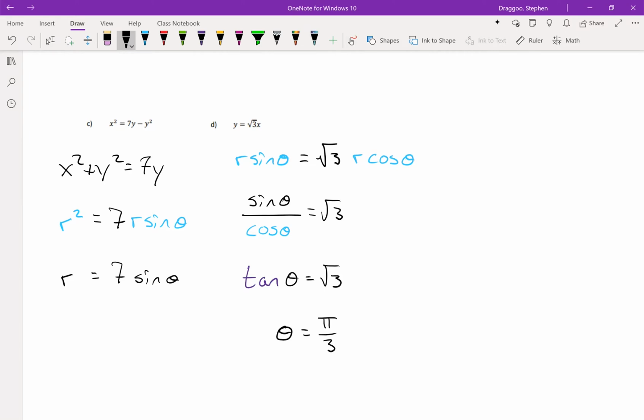So in the end, I get kind of an interesting result here. I started with the equation y equals the square root of 3 times x, which from algebra, we know that's just y equals mx plus b, where m is the square root of 3 and b is 0. So I started with the equation of just a line, and this line happens to have a slope of the square root of 3. And after solving that, I get the polar equation theta equals pi over 3, which means